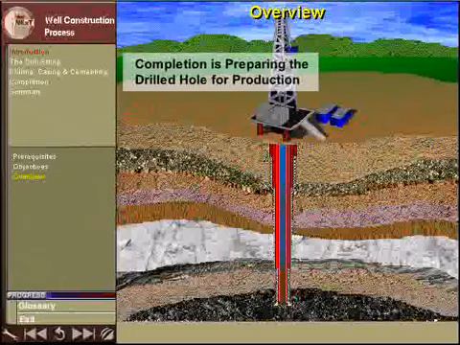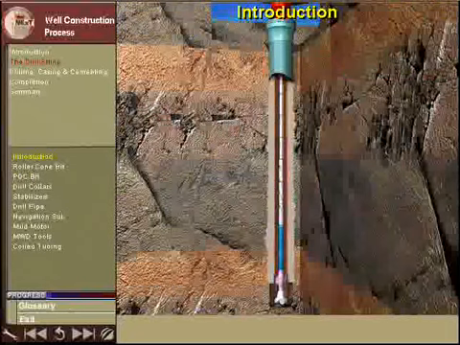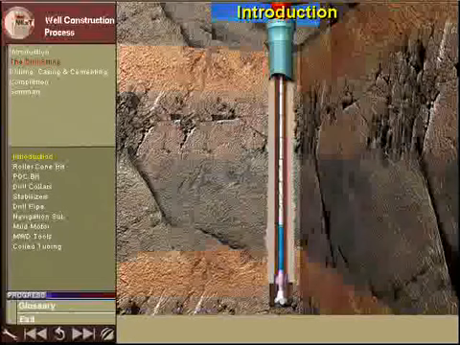Completion refers to the operations that must be performed in order to prepare the drilled hole for the production of oil and gas. Before covering the drilling and casing process, it will be helpful to identify the basic components of a drill string. The drill string consists of the pipe and other equipment that are used to actually drill the well. We will discuss the drill bit, which is the rock cutting tool, and is connected to the bottom of